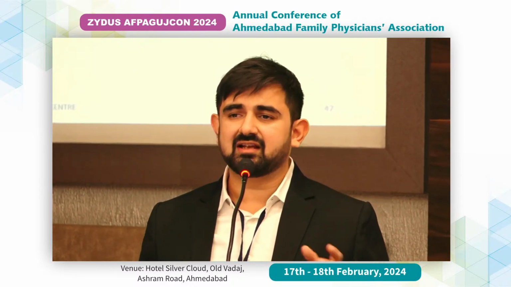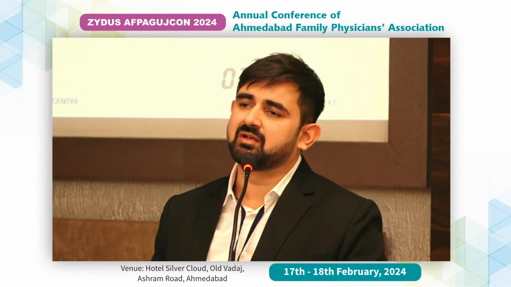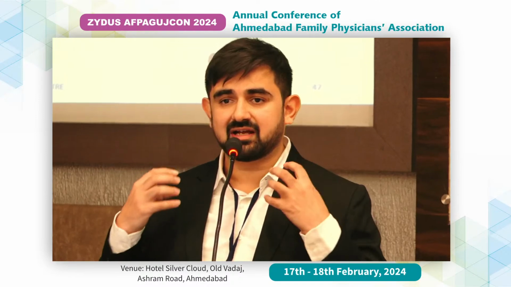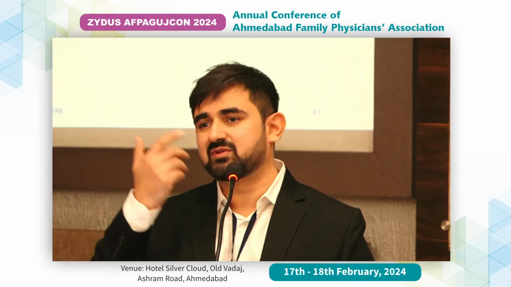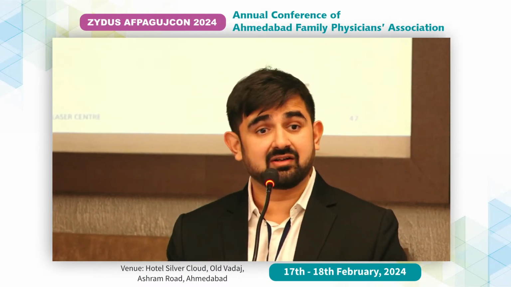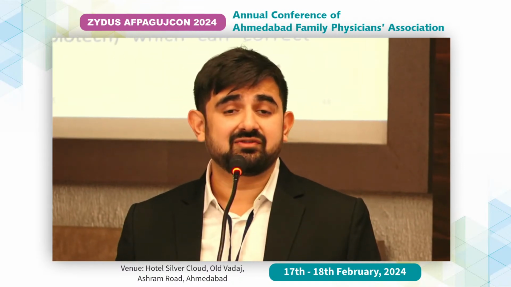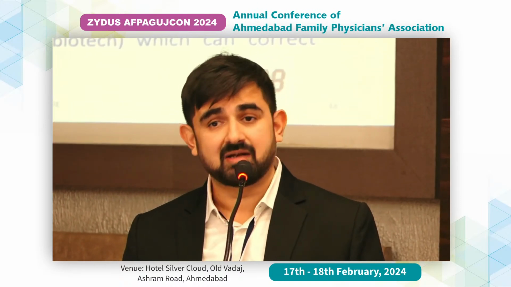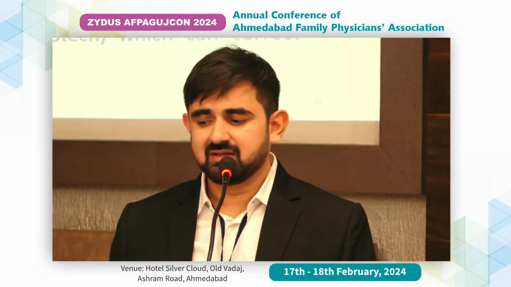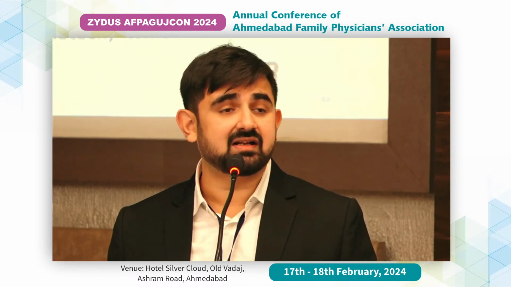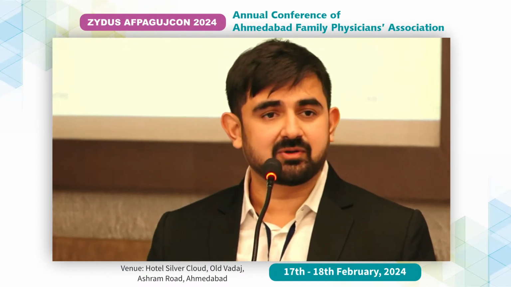Phakic IOLs are basically a small implantable lens made up of collamer material, which is the same material our eye is made up of. We place it just behind the iris, which is the brown part of the eye, and just in front of the natural crystalline lens. The best part is, by this technology we can correct up to 20 numbers in myopia, and there is an Indian biotech company which has an iCRIL lens which can make customized lenses up to -30 numbers, and in plus numbers we can correct up to +10.